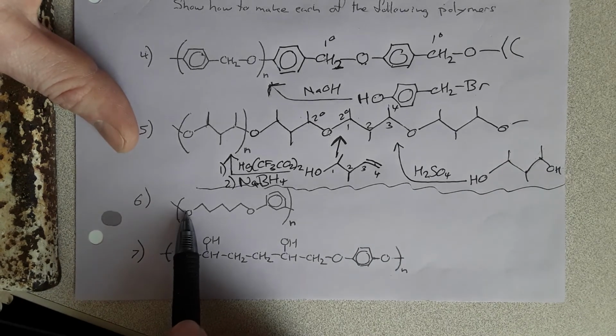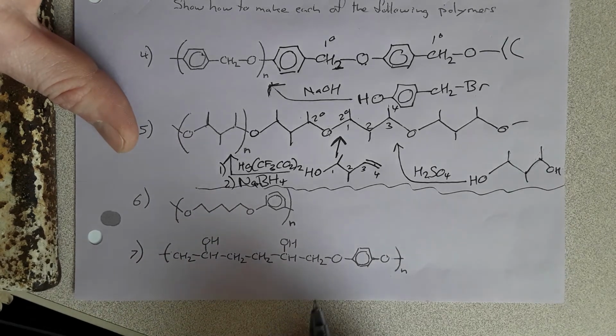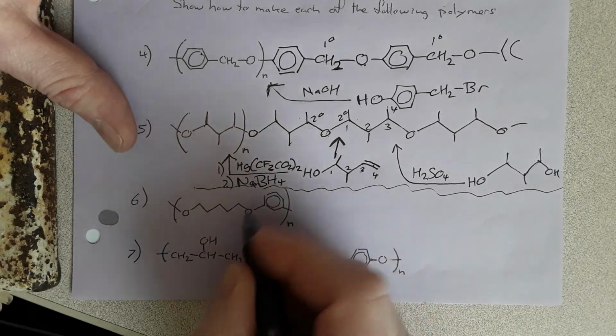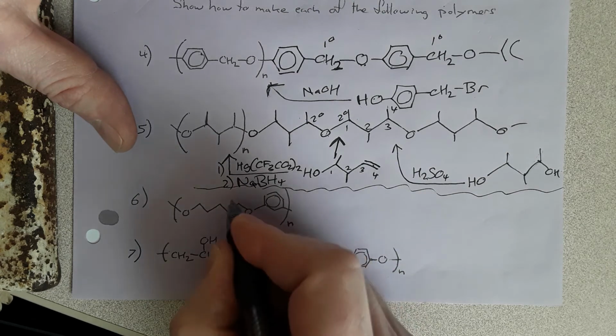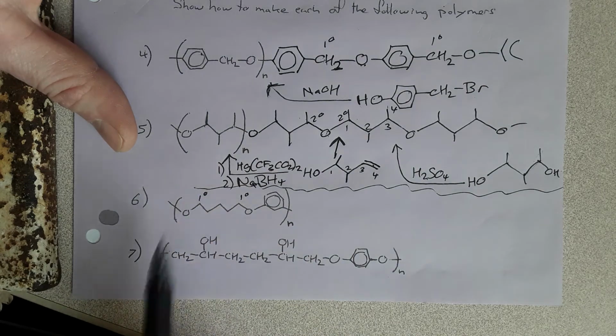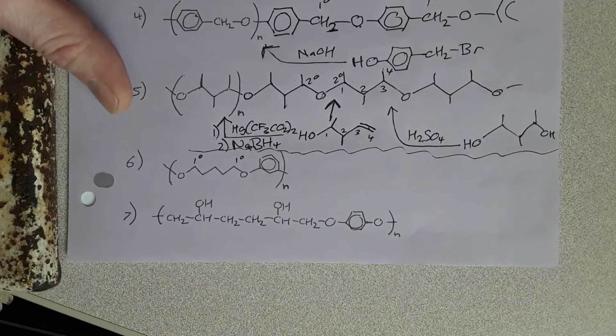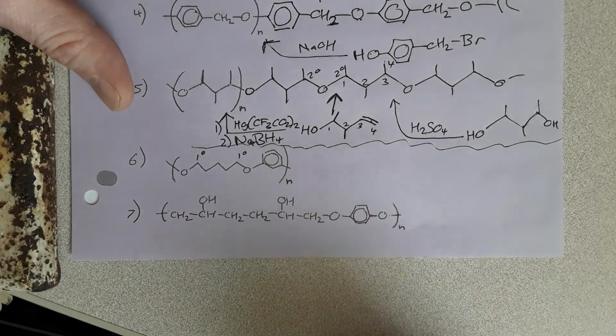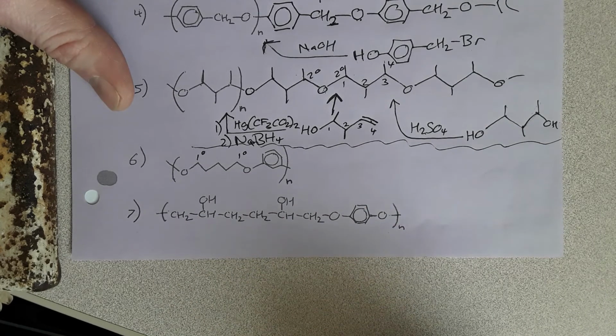Next one is a polyether, and you see there's 2 ether groups there, and so there's 2 different kinds of monomers that are going to be involved there. And you see there's a benzene ring here, and then this is primary there and primary here. So you can imagine a dihalide there. And then the next one looks really ugly, but you should, especially if you draw this out, be able to reason out what you've been reasoning out in drawing products of